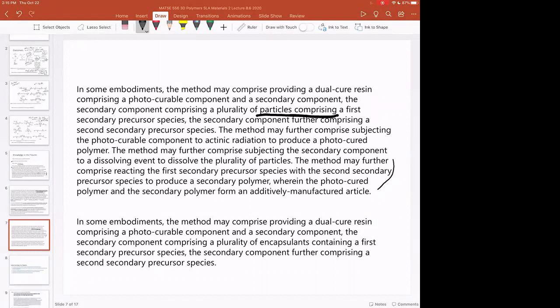And so just because we talk about, oh, it's a dual cure where you need to have photo and thermal, or you need to have photo and mechanical or something like that, you can have photo and photo. So just because we call it a dual cure resin doesn't necessarily mean that you have to have different modes of action, but you could say have photo curing